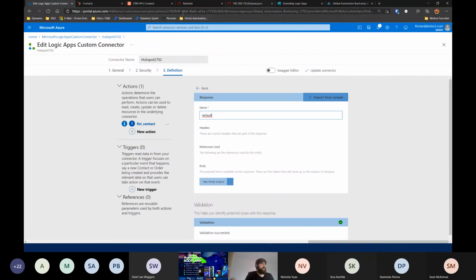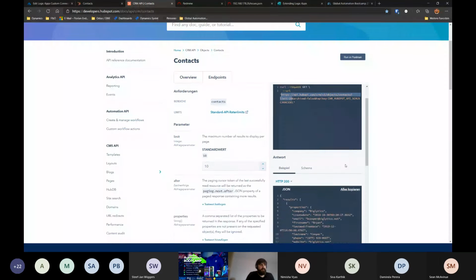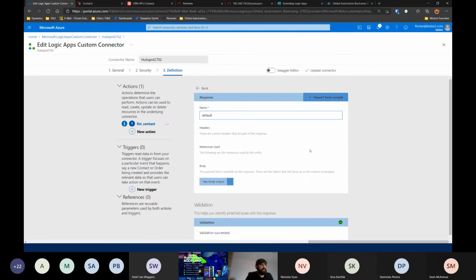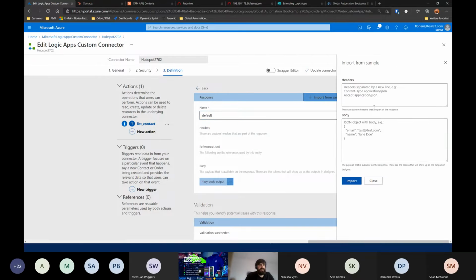The response that we'll get from the API is also in this API definition. Very often you'll find that in the API documentation. If you don't find it there, just do a quick call of the API and use this information as a basis. Similar to the request, you can just click here on import from sample, and then I can paste the body in here